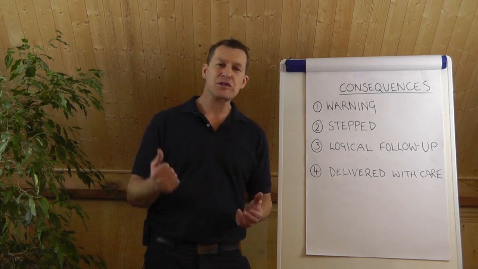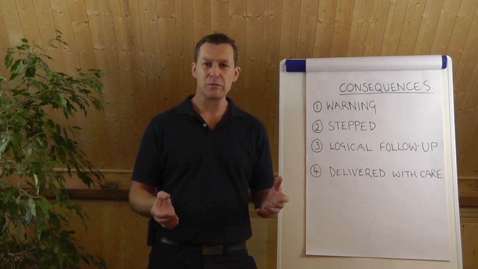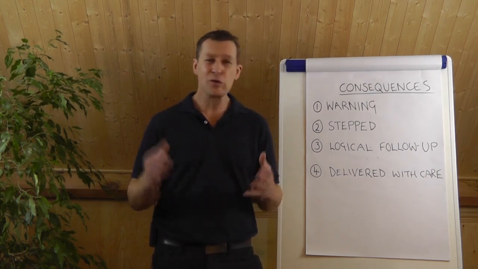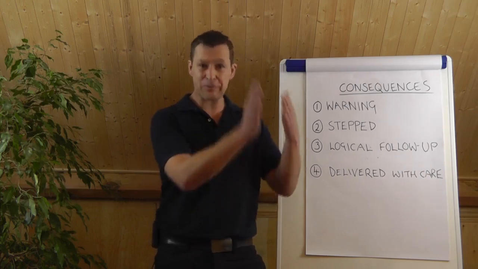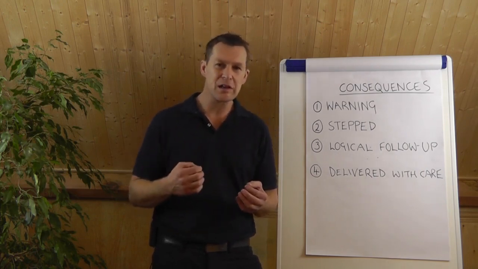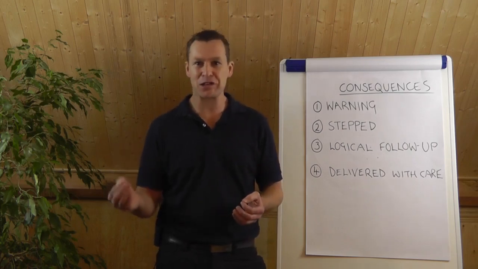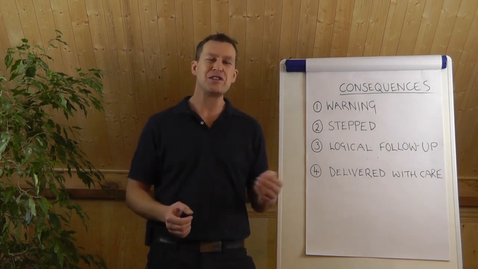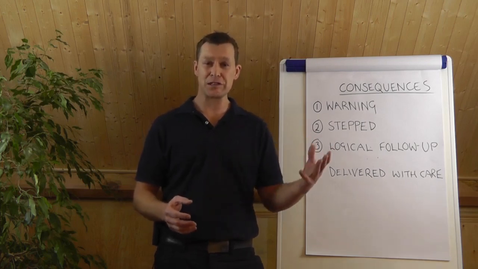A weak teacher uses consequences ineffectively because they're fearful of giving their students an ultimatum. They care deeply about the students. They want them to succeed. So they don't want to come across as unfriendly or negative or nasty in any way, shape or form. So they're reluctant to give them this final harsh boundary. And so there's a lot of indecisiveness, there's a lot of questioning, there's a lot of pleading. And the students get lots of second chances and third chances and fourth chances, and it just goes on and on and on. And they know, those students know, that the teacher isn't really in control. The weak teacher, when trying to use consequences, gives control to the kids.